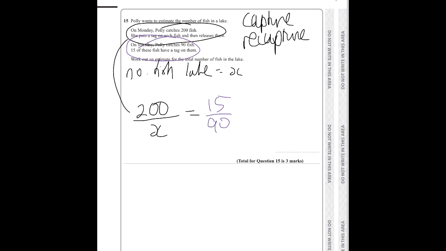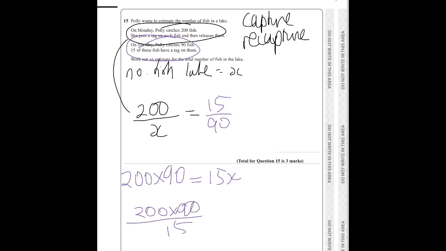To solve this, you want to rearrange to get X, and that will give you the number of fish in the lake. So the easiest way is you sort of cross multiply the X to get 15X. You cross multiply the 200 by 90. And obviously X means you need to divide by the 15. So the working is this. Again, if I type this in my calculator now, 200 times 90 divided by 15 is 1,200 fish